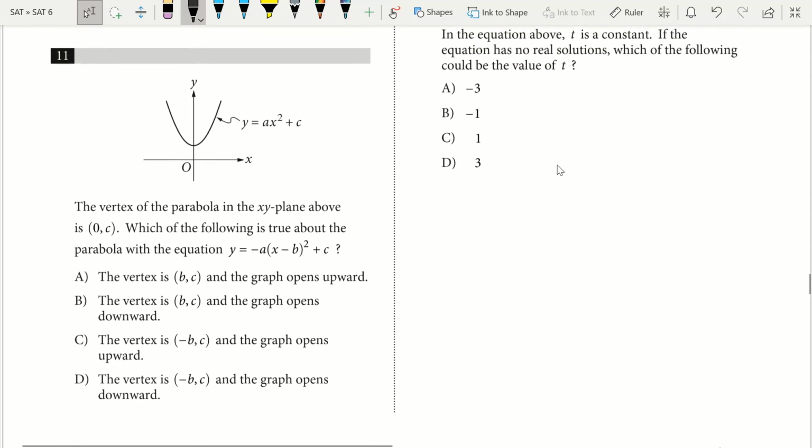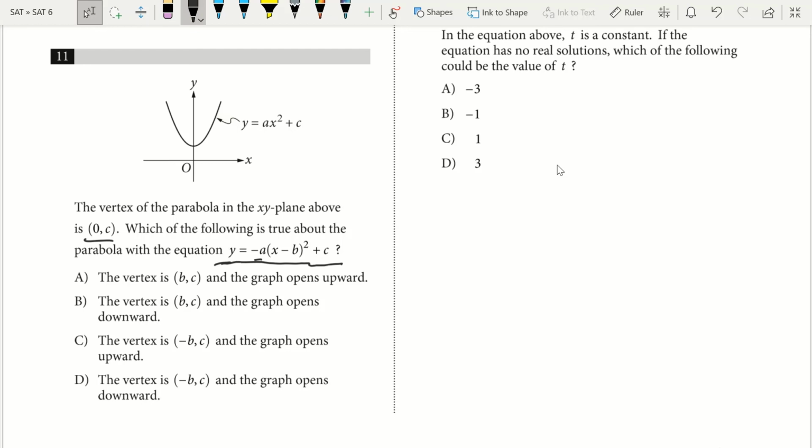Looks like we skipped question 11, so we'll go back to that now. The vertex of the parabola in the xy plane above is 0, C. Which of the following is true about the parabola? Man, I can't say that today. Which of the following is true about the parabola with the equation y equals negative a times (x minus b) squared plus c? Alright, well, if we look at our equation, we're asked for what's true of the parabola with this